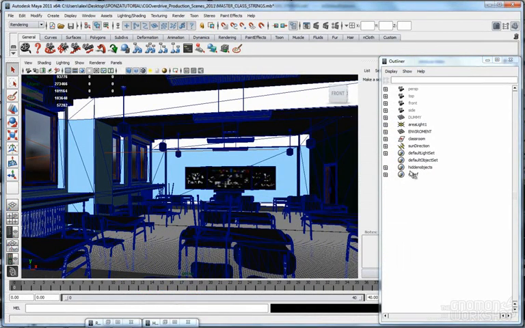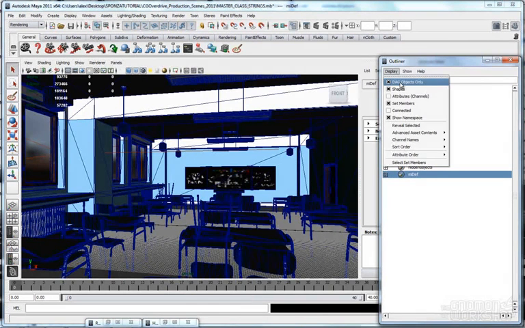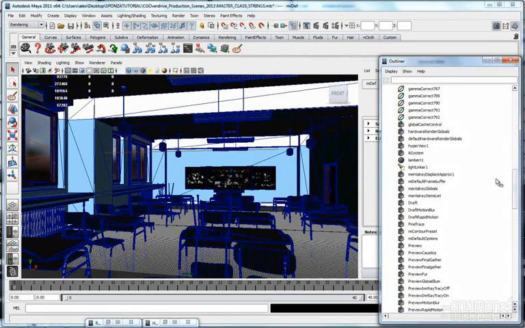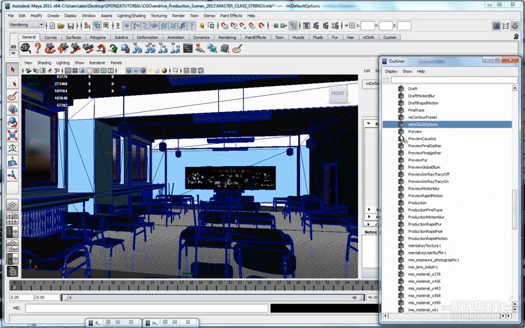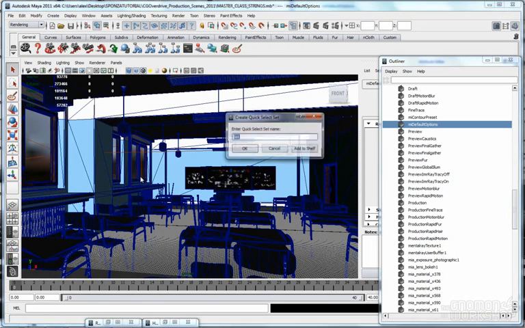In the outliner, I create a quick selection set. Means what I did, if you uncheck the DAG object only, let's go to find the default option node here. How to create a quick selection set? You just select this node in the outliner, and then you go to the Create drop-down menu under the main Maya toolbar, and then you scroll down to Sets, and you enable the Create Quick Select Set,